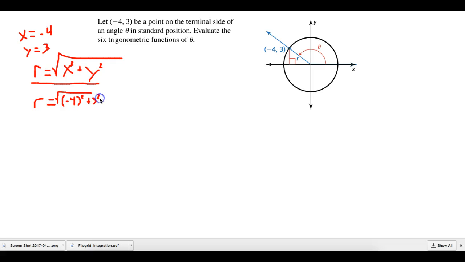Now, when you go ahead and do this, negative 4 squared is 16, and 3 squared is 9. So you're going to get r equals the square root of 16 plus 9, which is 25, and we get r equals 5. So that's our first step right there. We have to figure out what r is. Okay, because remember, all three of our formulas, our sine, cosine, and tangent, require us to know x, y, and